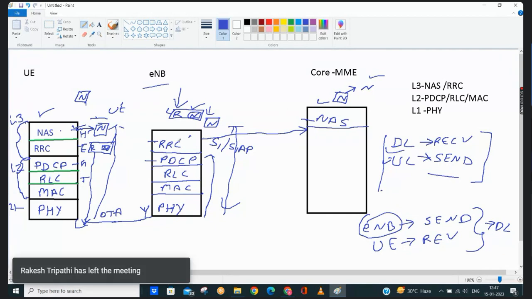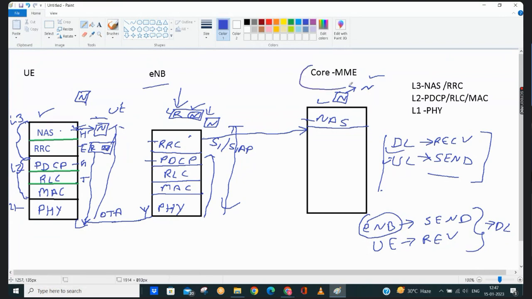Suppose I leave the protocol part. Suppose here is the MME.